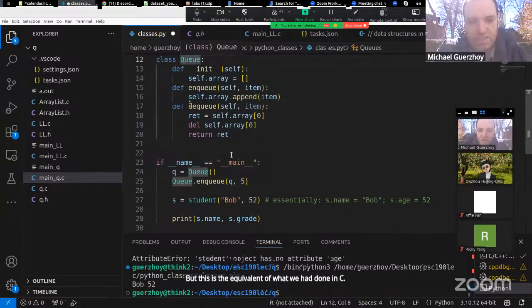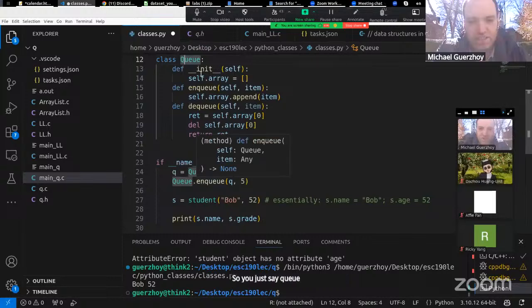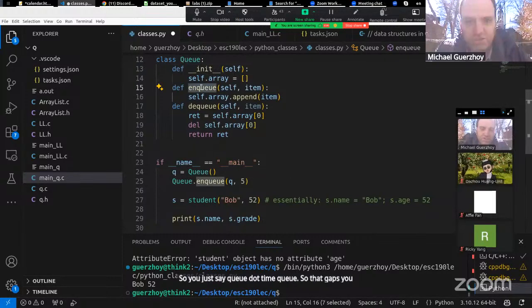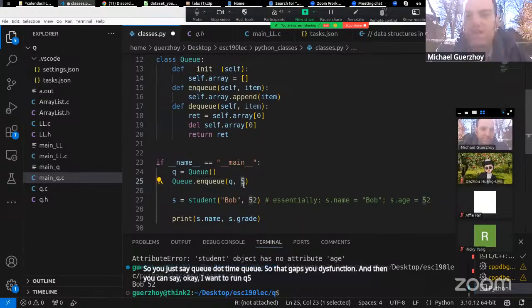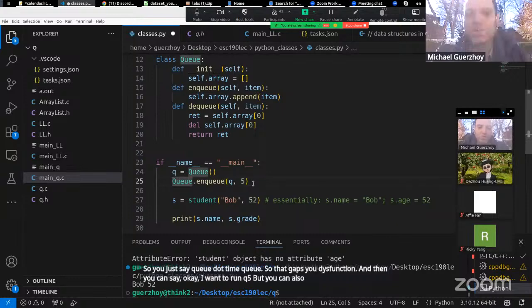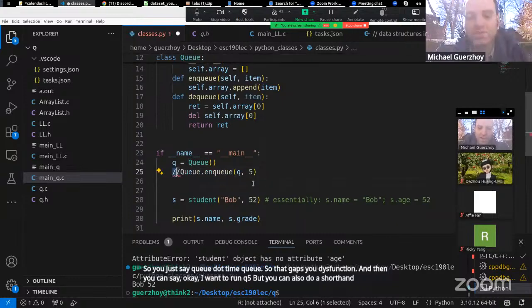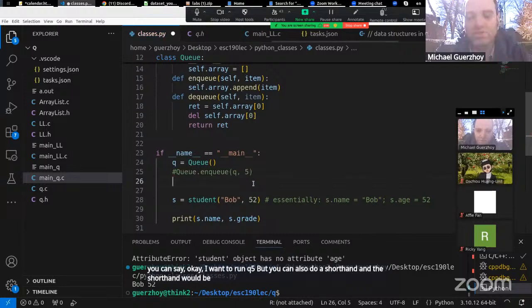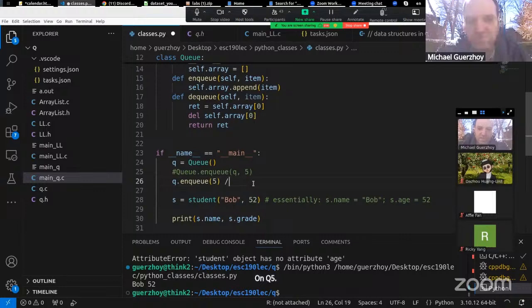So you just say queue.onQueue, so that gets you this function. And then you can say, okay, I want to onQueue 5. But you can also do a shorthand, and the shorthand would be queue.onQueue 5. And this is the same as